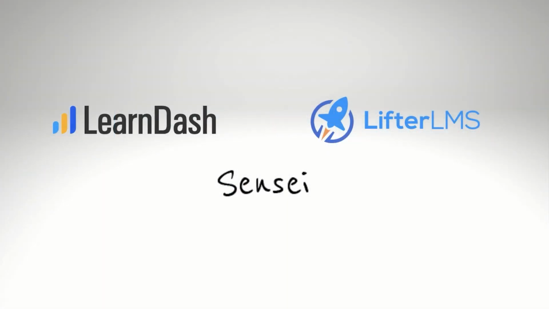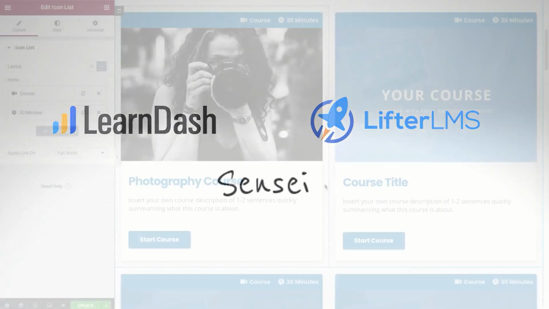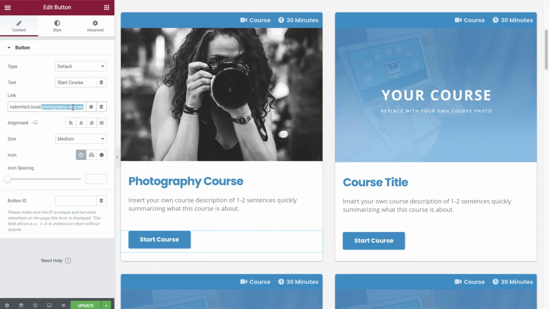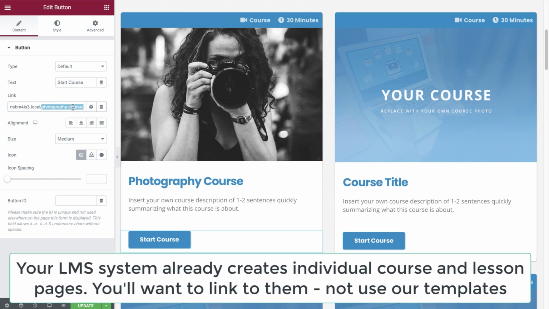The only template that you would probably use is this page right here. This is the members dashboard page. And what you would do is link, instead of the button here linking to the pages that I just created, you would link to the pages that your learning management system created. So LearnDash or any learning management system already creates the main course page and the lesson pages for you. So you would just link to the course page and you wouldn't have to do all the steps which I